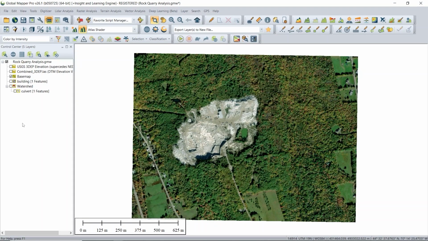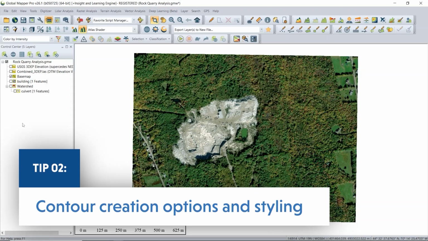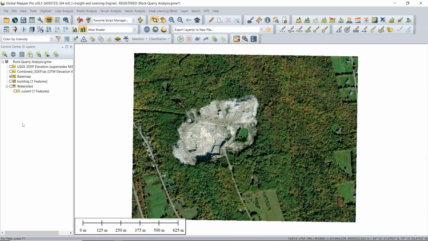Alrighty, so for our second tip, we're going to talk about some contour creation options that you may not already be familiar with. Of course, we can create these lines of equal value, equal elevation value, our contours, but within that same dialog, there are some additional options to create other derivative outputs. So we're going to talk about those as well as some general tips and tricks in terms of improving the visual appearance of your contours, and also just generally how to create the type of contour that you would most